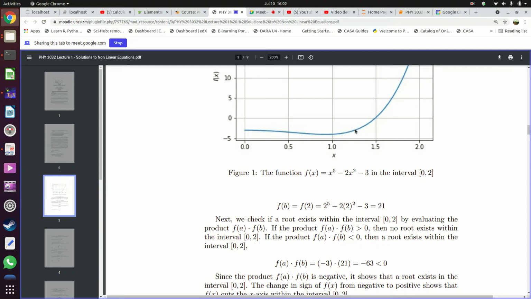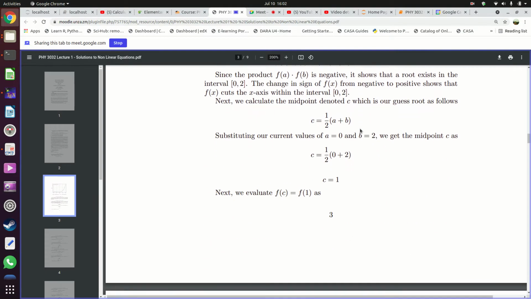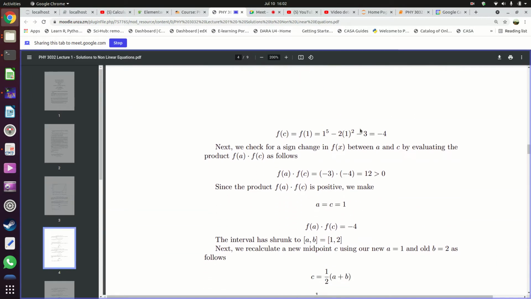Are we clear? Yes. If there will not be any solution, then we shrink. We make our C become A so that our boundary now becomes 1.25 and 1.5. So we keep on doing that until we make our boundary as small as possible, until we are happy with what we have. Then finally we can work out our final guess value.